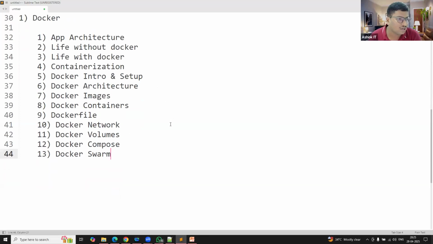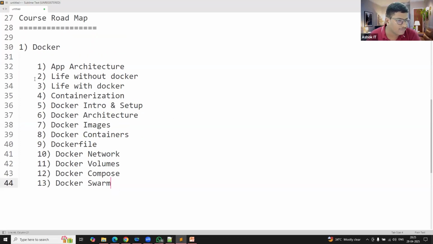What is Docker and how will our life be without using Docker in the project? What benefits are we going to get when we use Docker in the project? What is the meaning of containerization, Docker introduction, and Docker setup? The setup we are going to do on a Linux machine, and we are going to discuss Docker architecture.